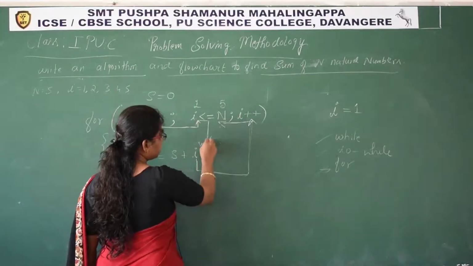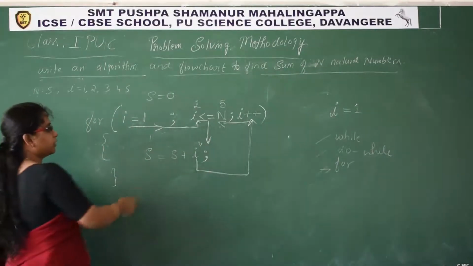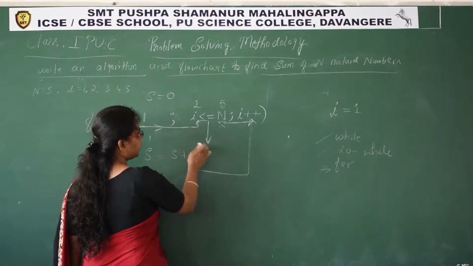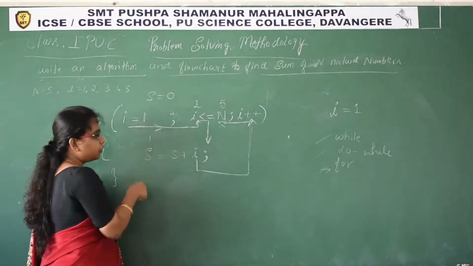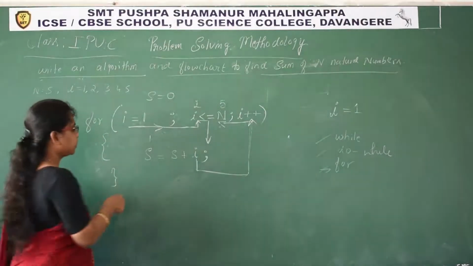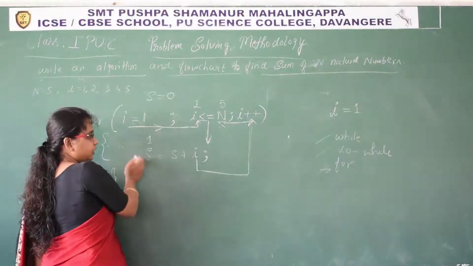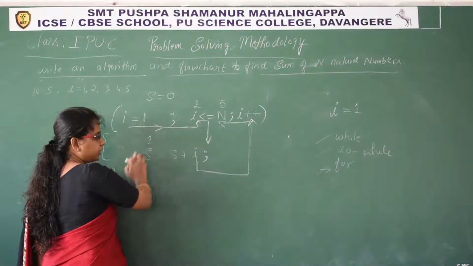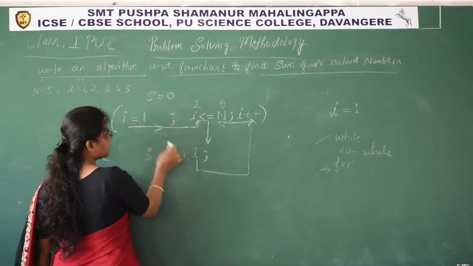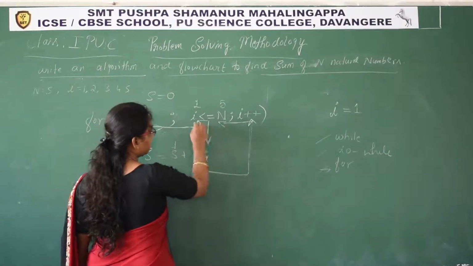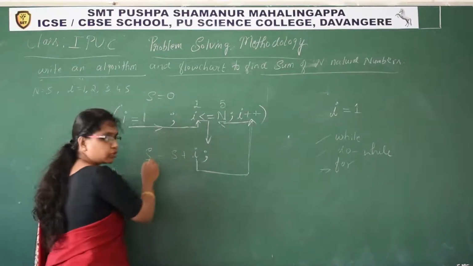Now after evaluation, it enters the loop. If the condition is true, it enters. Now s is equal to s plus i. What was the value of s in the previous iteration? 1, no? 1 was stored in s. It is a container. Every time it is evaluated, when it executes, this value is substituted here. Now the value of s is 1, and the value of i right now is 2. 2 plus 1 is 3. That 3 is again stored in s.